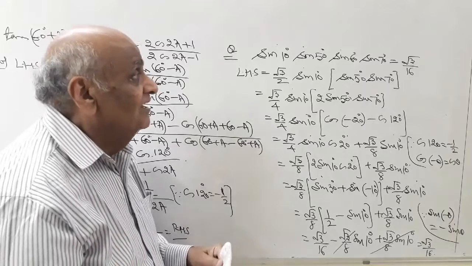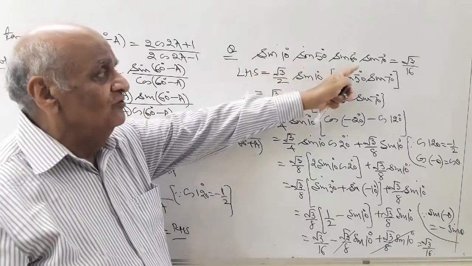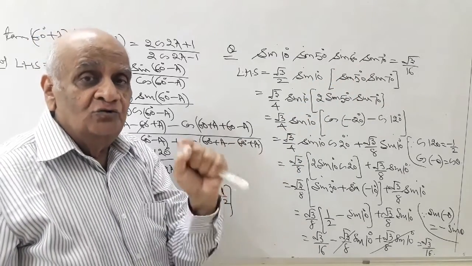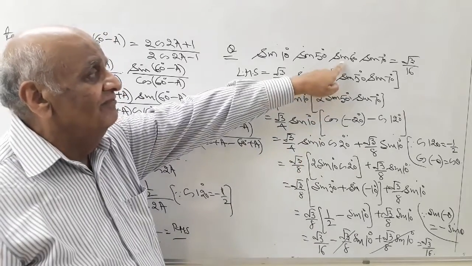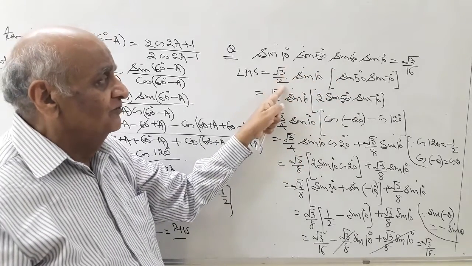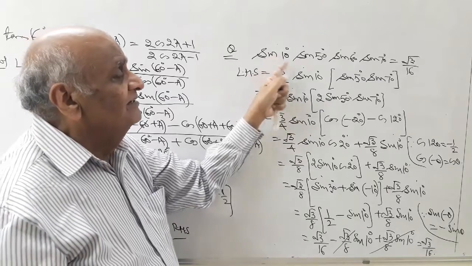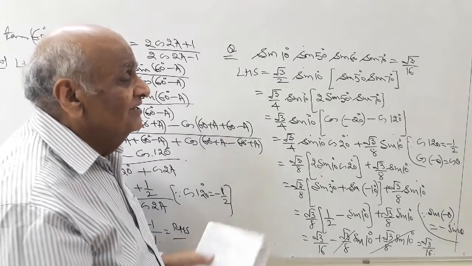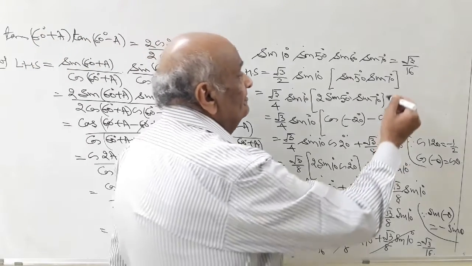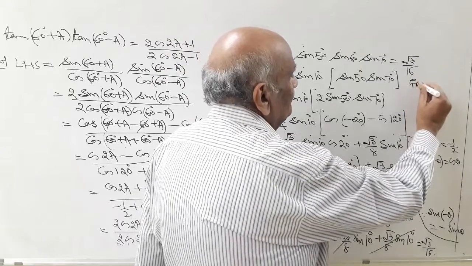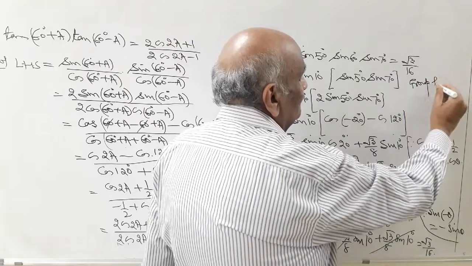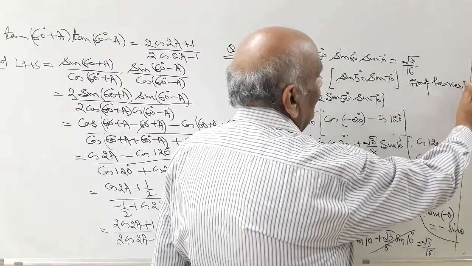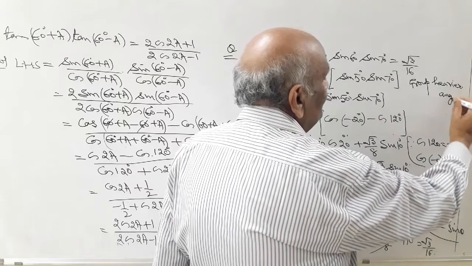See, what is this time? Out of the 4 T ratios, generally we have 1 T ratio whose value is known to us. Here we have sine 60, which is root 3 by 2. What else is left? Sine 10, sine 50, sine 70. Now the rule says always try to group the heavier angles. Generally this is the trend.